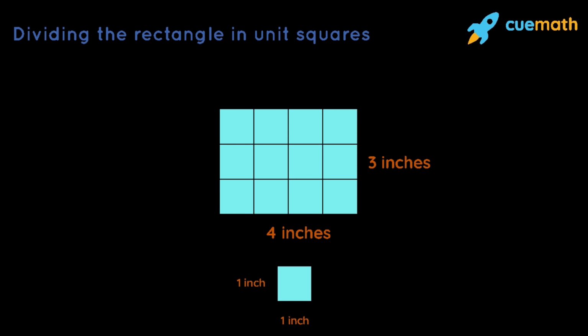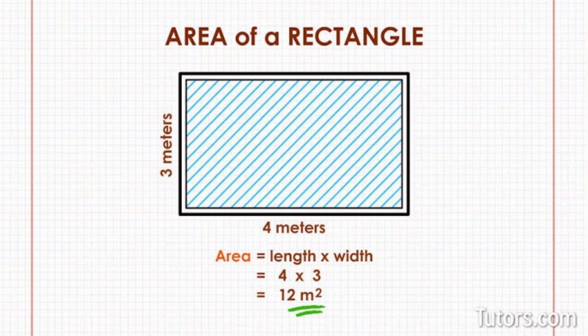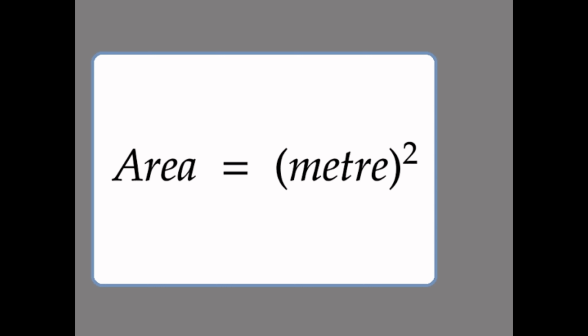You can see in this picture, it is a rectangle. It has boxes inside it and each is of 1 inch. So when we want to find the area of that 1 inch box, we can use the formula, area of rectangle equals length into breadth. You have already learned all these things in your math subject. So area of rectangle is length into breadth. This is another example: 3 into 4, 12 meter square. Its SI unit is meter square. Similarly, there are so many shapes whose areas can be found, but the area of an irregular shape is found by using a graph paper. What you are seeing in this picture is a graph paper.